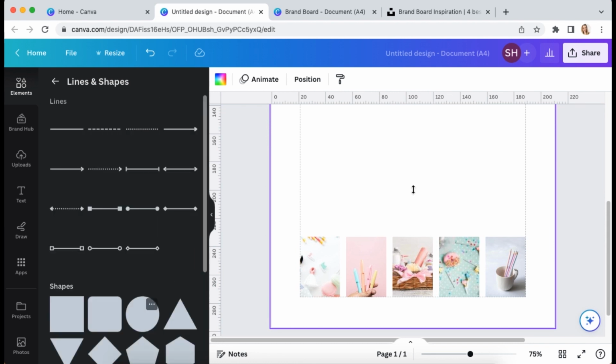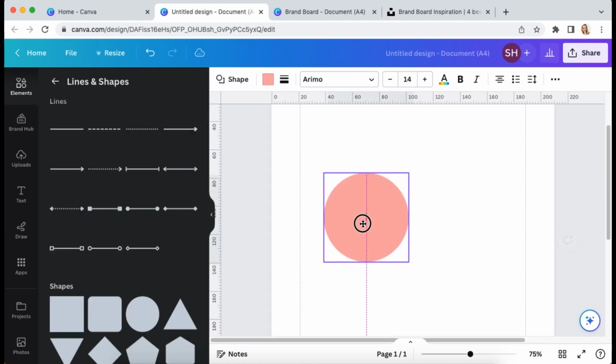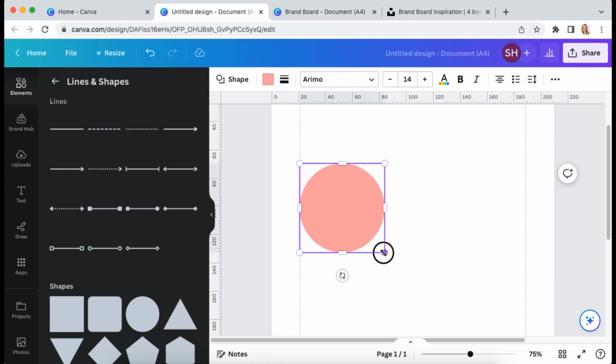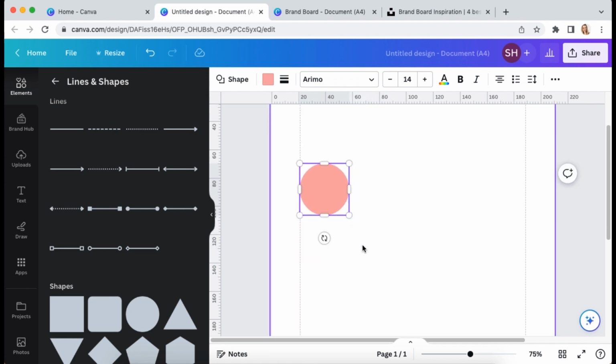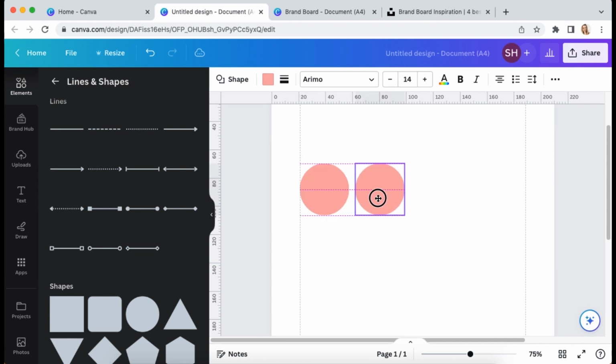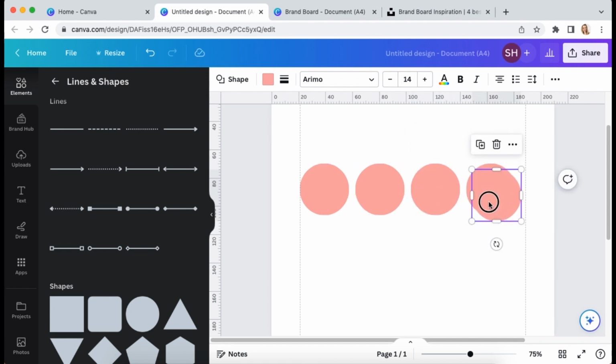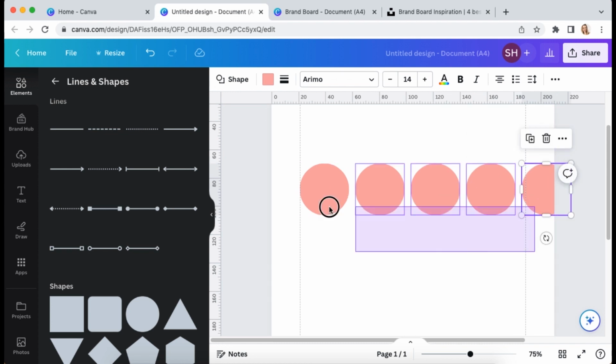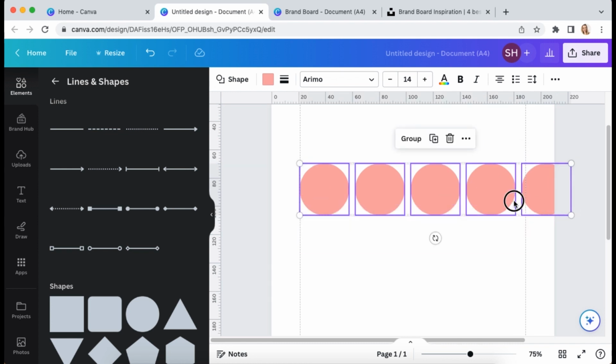I'm just going to grab a shape. It could be a square, circle, whatever floats your boat. And I think for this, I picked 5 colours. So I'm just going to copy and paste this 5 times. I'm going to highlight it all and